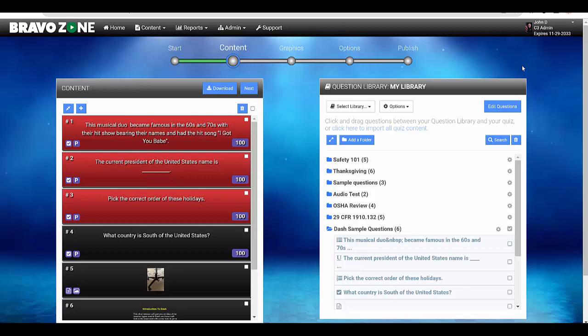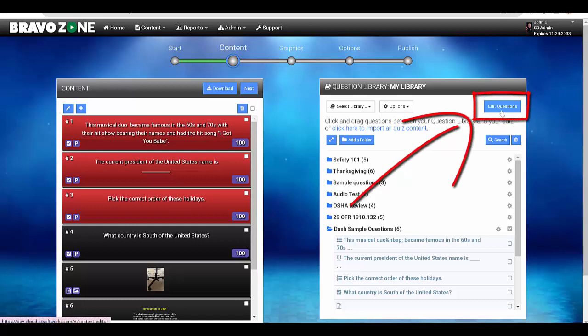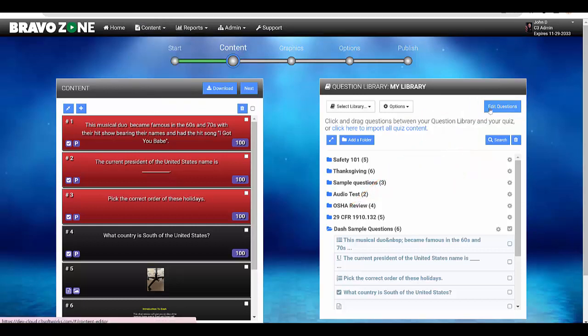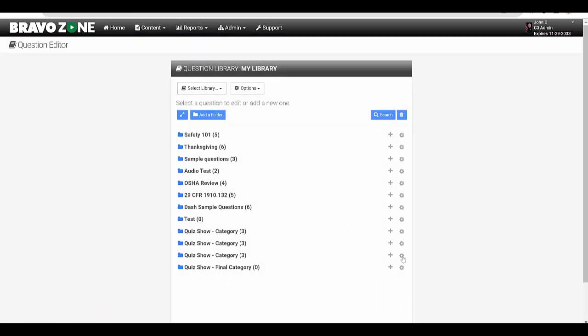So if I want to make a change in a question, for example, maybe I notice an error, and I want to make sure it gets applied properly to any further use of that question, then I want to go ahead and edit it. I can simply edit it in the library. Click on Edit Questions, or you can always go up to Content and click on Question Editor. By far the easiest way to get to it is click on this,